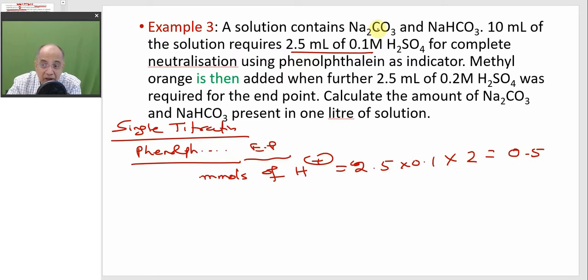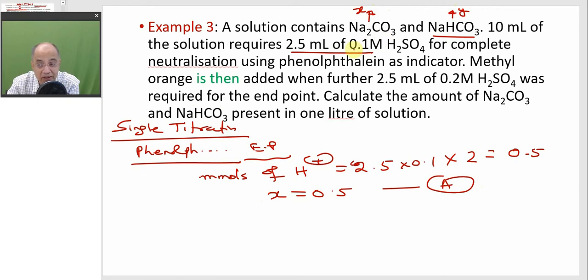And in this phenolphthalein titration, this is not budging an inch. It is staying as such, but only sodium carbonate will be converted to sodium bicarbonate, right? So here, supposing the number of moles of sodium carbonate is X, there it was Y. Sodium hydroxide was the hero there. Here, this is the hero, and supposing this is Y. So we get X is equal to 0.5. This is equation 1. I told you that the number of moles of sodium carbonate is the same as the number of moles of H plus ion consumed, because